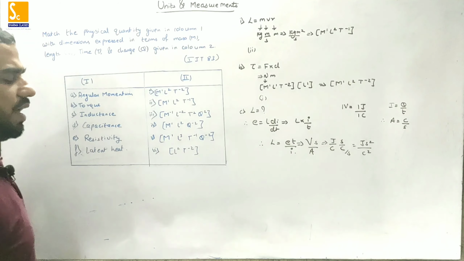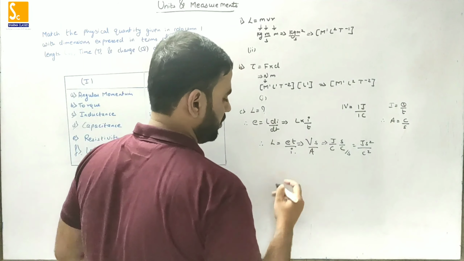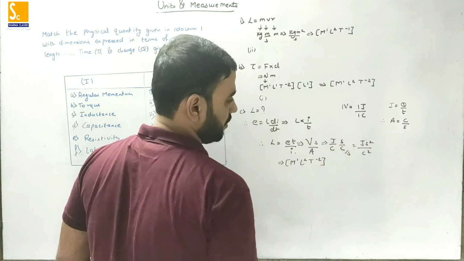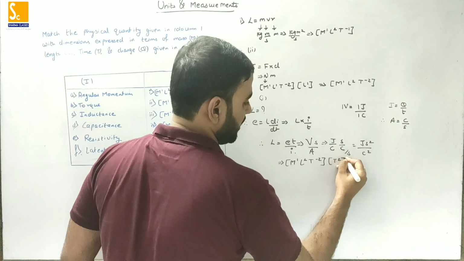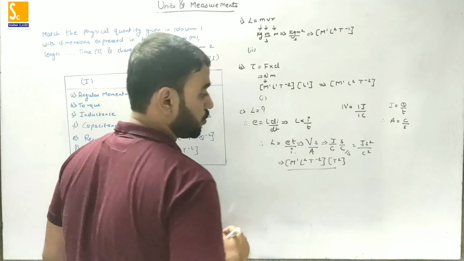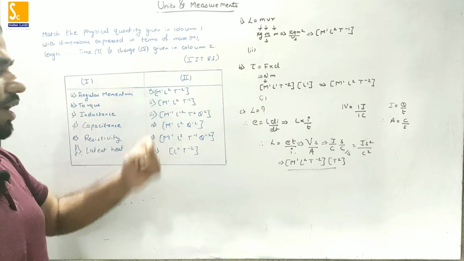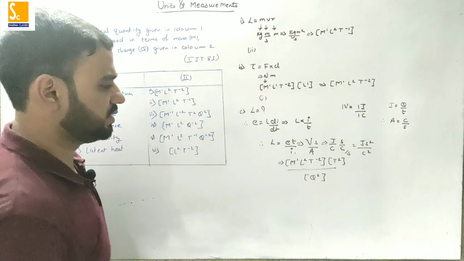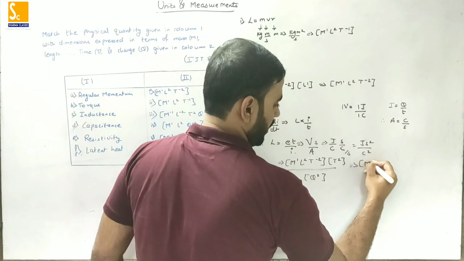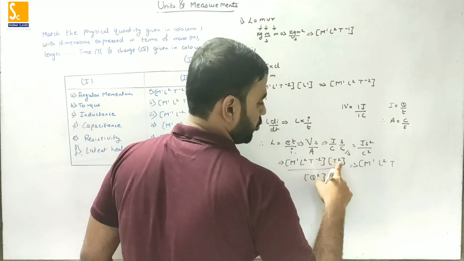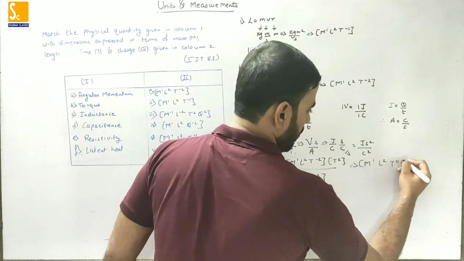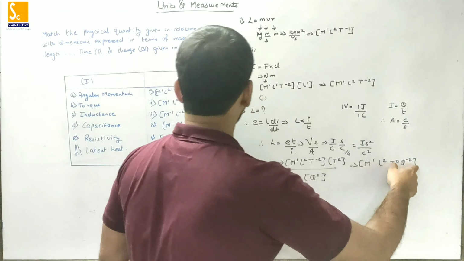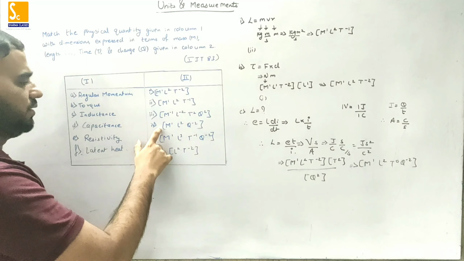Correct? So now what is the dimensional formula for the joule? We know the dimensional formula for the joule is m raised to 1, l raised to 2 and t raised to -2. Dimensional formula for the second square becomes t raised to 2. Dimensional formula for the coulomb square: coulomb is a unit of charge, so I will write q to the power 2. So the final answer becomes m raised to 1, l raised to 2, -2 plus 2 becomes 0, and q raised to -2. So this is the dimensional formula, that is m raised to 1, l raised to 2 and q raised to -2. So option 4th.